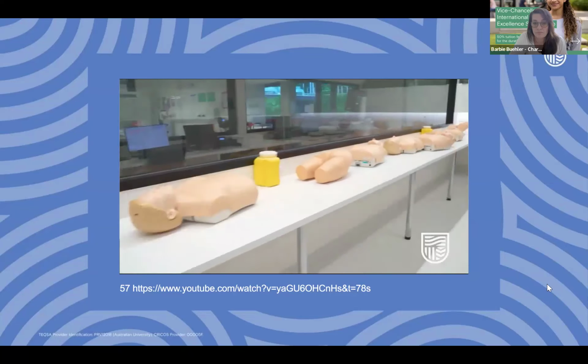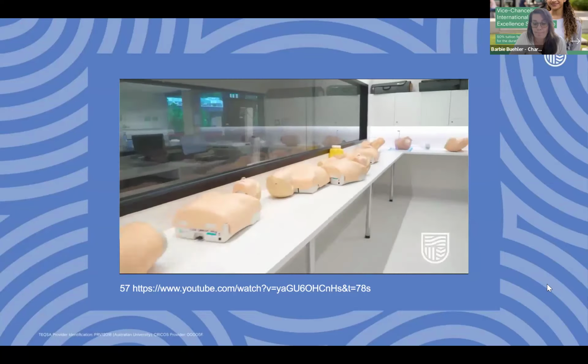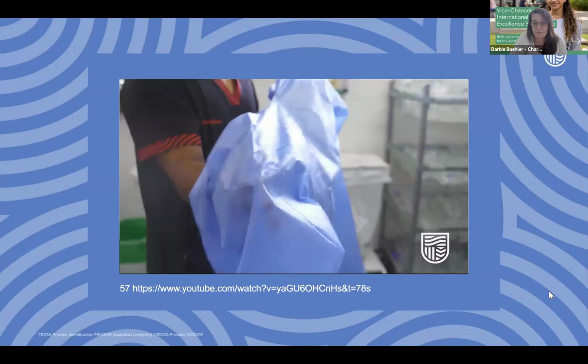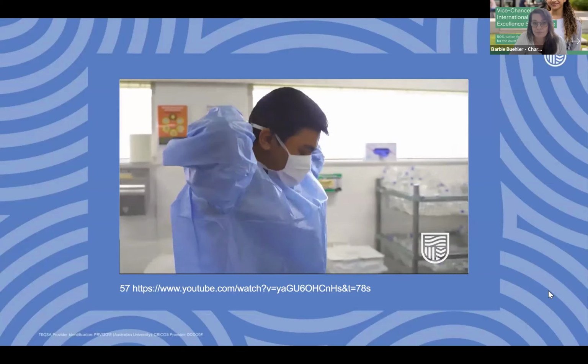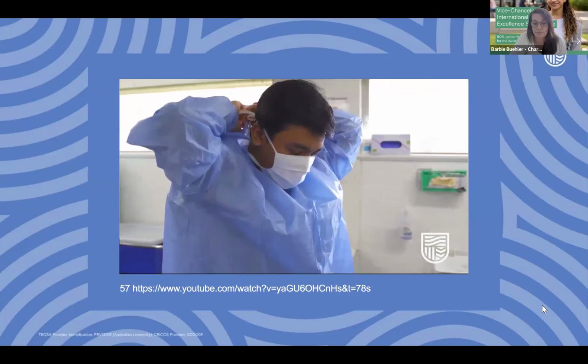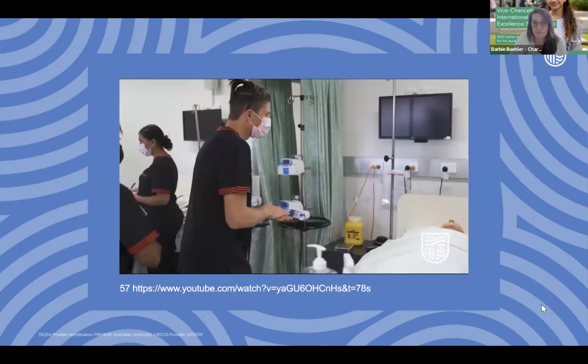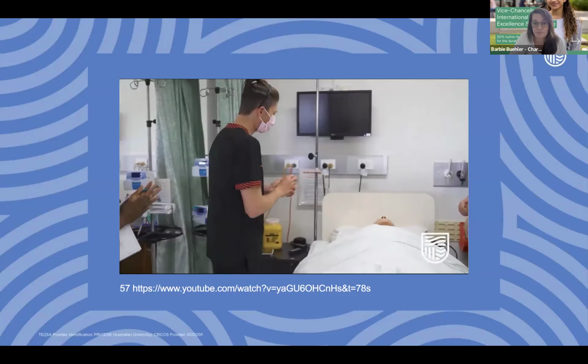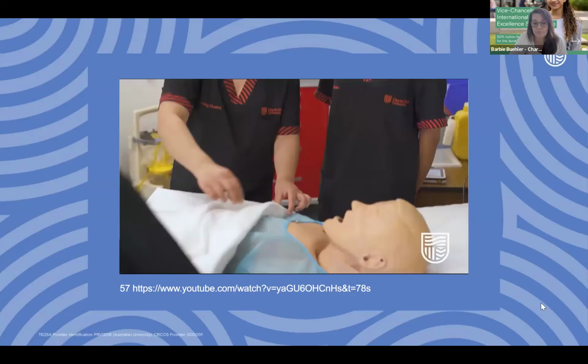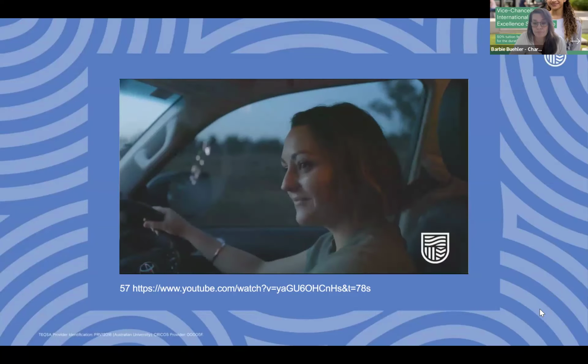So we focus on working in our nursing labs to develop the clinical skills that you'll need, such as administering medications, administering intravenous fluids, providing personal care to people, conducting assessments, and then we focus on applying your critical thinking and developing those skills so that you're able to apply those skills to a variety of settings. There's always work for a nurse. You can specialise, you get a wide variety of areas, and as I said, you can travel. So nursing is an amazing degree.